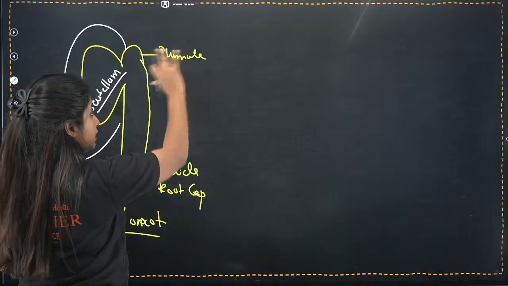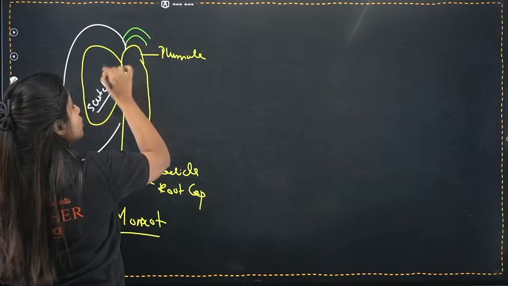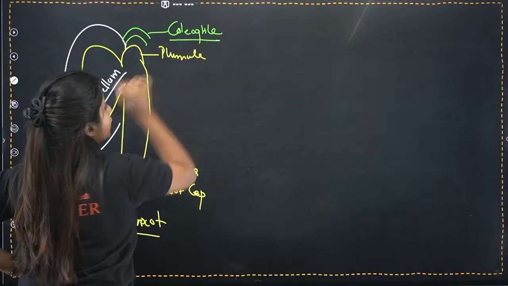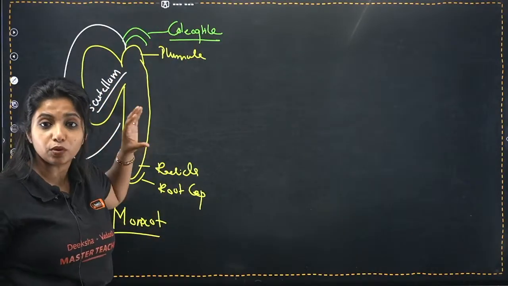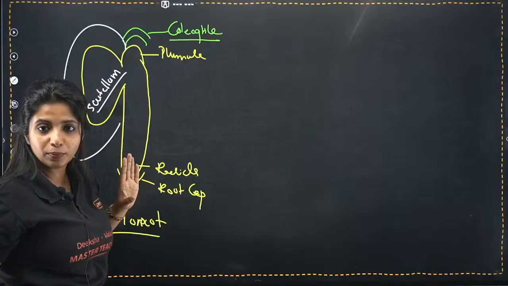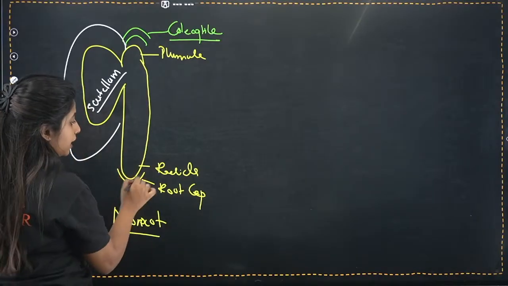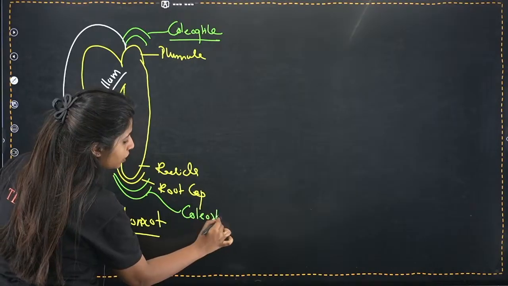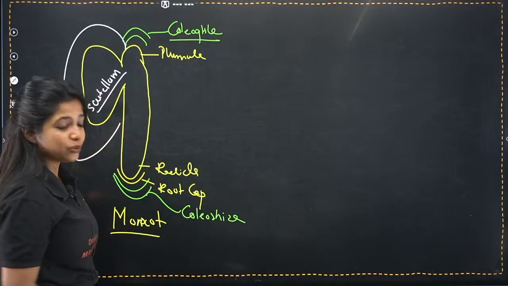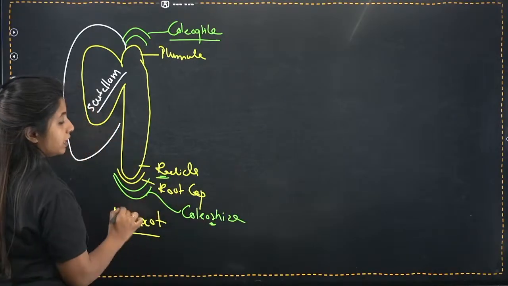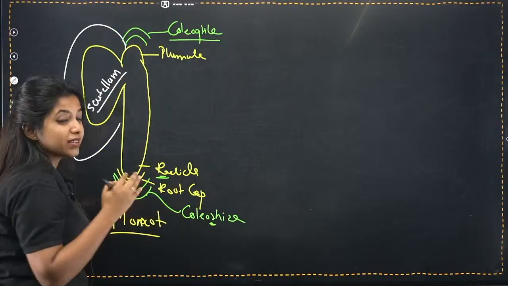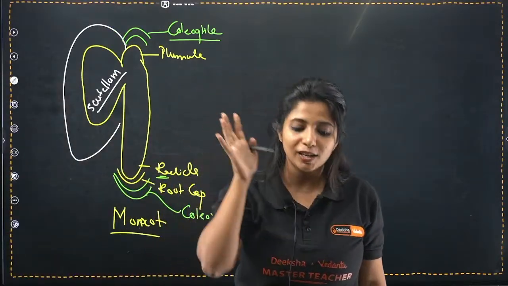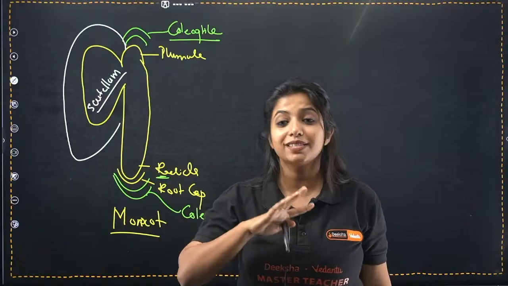So here it's not just the plumule. Here you also have something that is known as coleoptile. You have coleoptile which covers the plumule. P over here, P for the plumule, remember, like that. Similarly, at this particular condition, you have something else which is known as coleorhiza. You have coleorhiza, R over here and R for radicle. So you have coleoptile and coleorhiza as something extra which was not there in the case of dicot. This is something that is different.